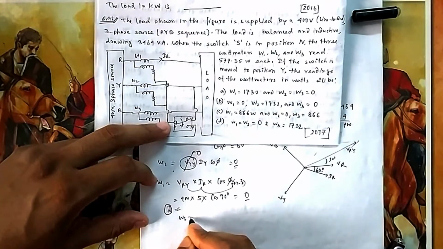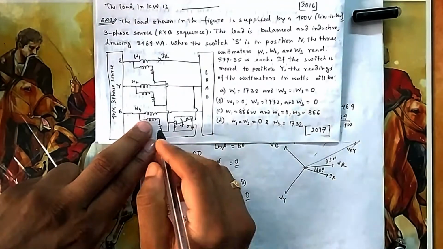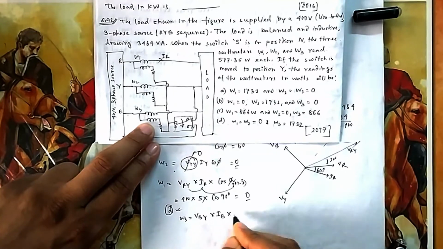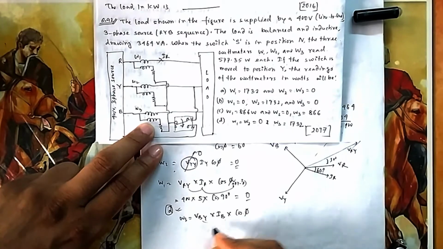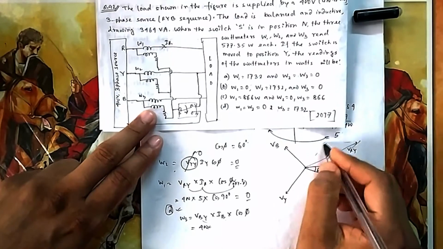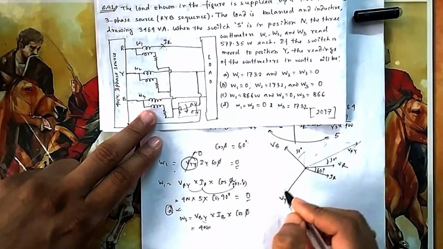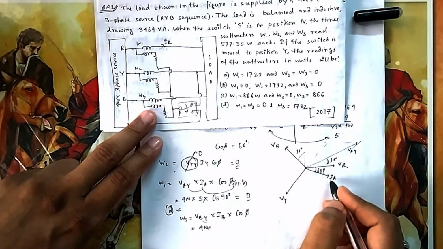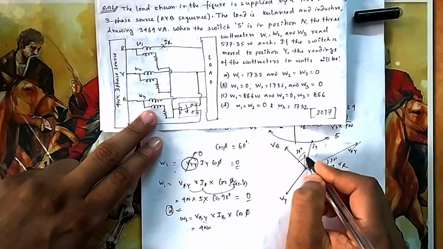For the sake of calculation, you can calculate W3 also. W3 will be, you can see, VBY multiplied by IB, then cos of the angle between these two. So VBY is again 400, you can think of VBY as VB minus VY, sorry. So it will be of this fashion. 30 degree is this one, and then IB will be lagging by this one, because IR lagged VR by 60 degrees, so IB will also lag this one by 60 degrees, somewhere here, 60 degrees.